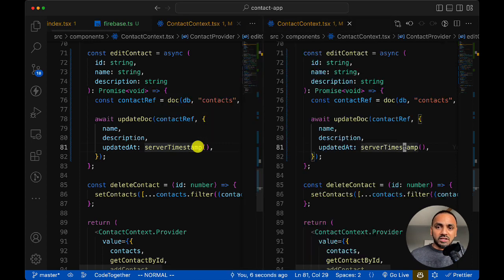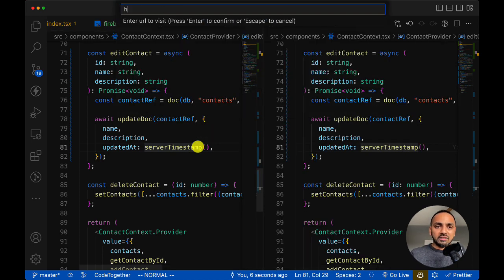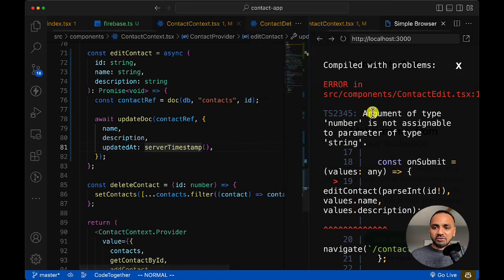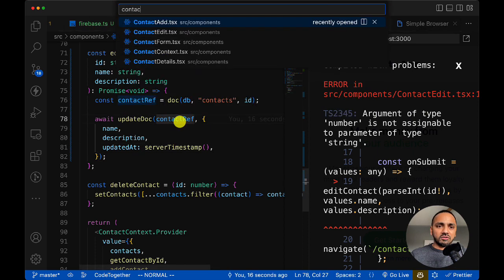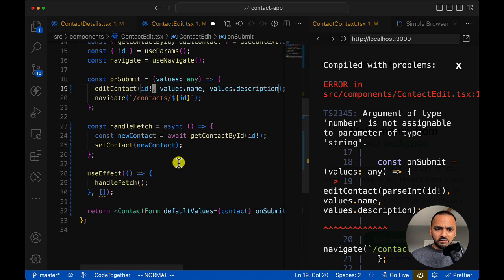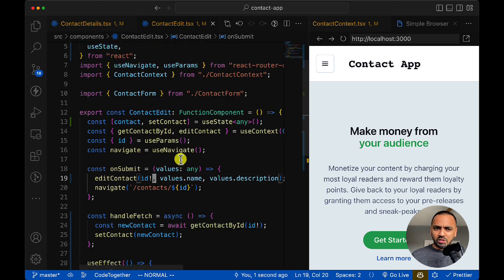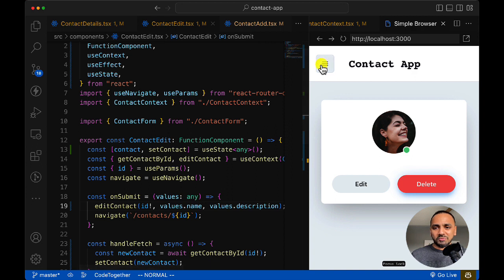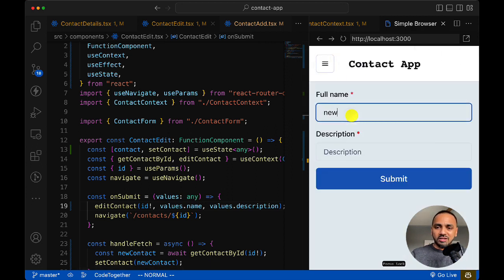Let me just split screen. I will open my simple browser and let's go to http://localhost:3000. Great. And now we can see that there's an error message on contact edit. So let's go over to that file, contactedit.tsx. And again, parseInt goes away because this is an ID of string. And what else? If I save, I think we're good. All right, we're good. So let's go to John, or actually John doesn't really exist. Let's create a new contact,